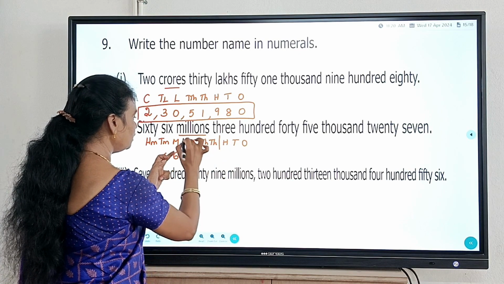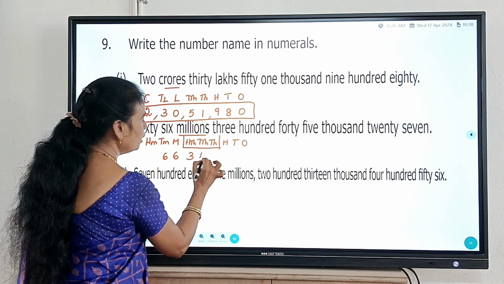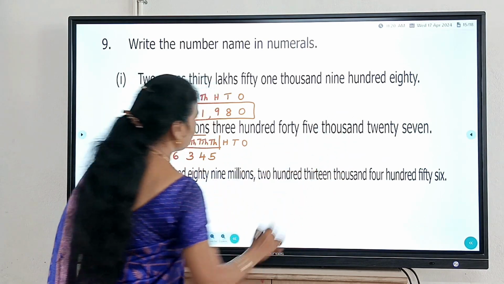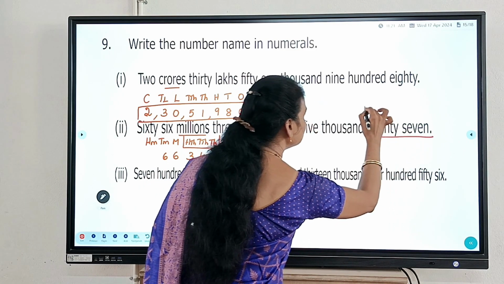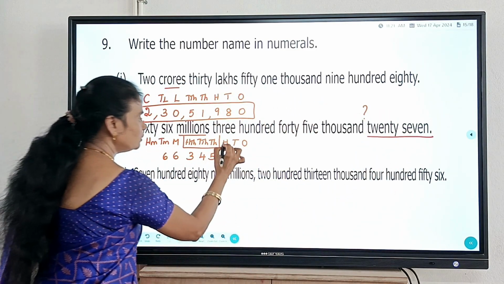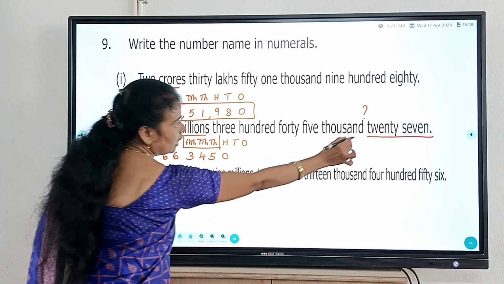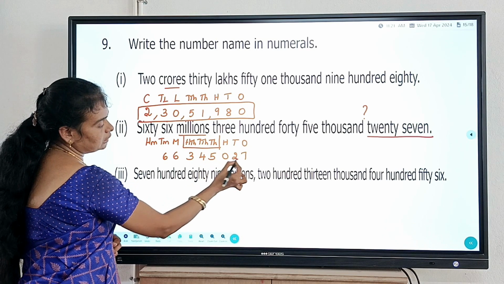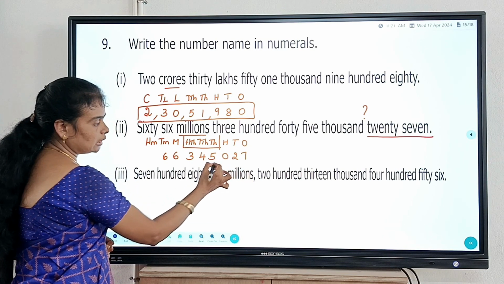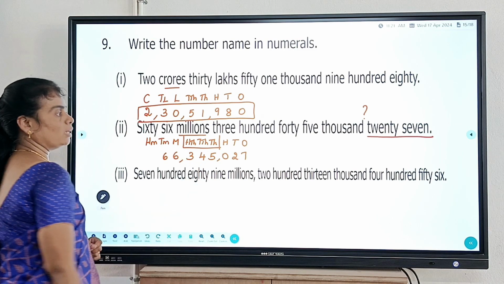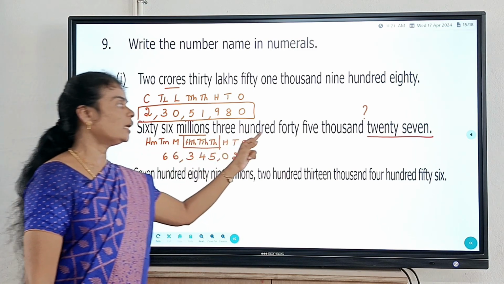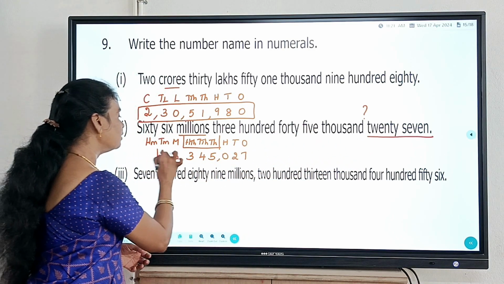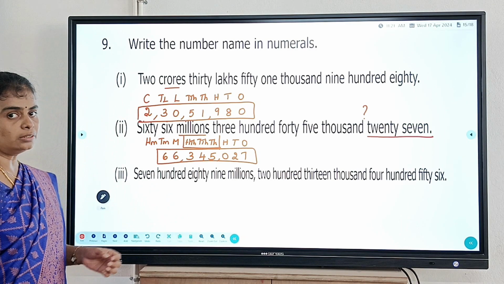Then 345,000. So these three together form one group. So 3, 4 and 5. And the last number is 27. There is no hundreds term here. So in place of hundreds you will write 0 and the last one is 27. So as per the international system, place the commas now. 1, 2, 3, comma, 1, 2, 3, comma. So 66,345,027 should be written in this form. Understood? The last one,